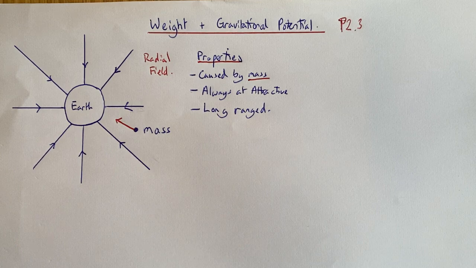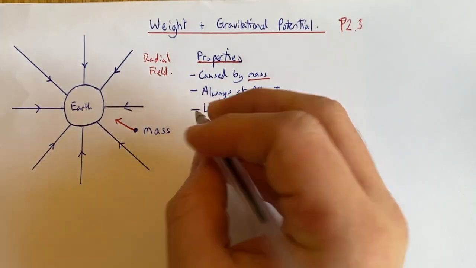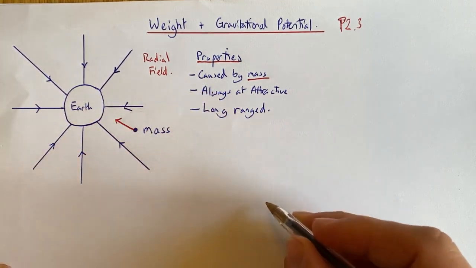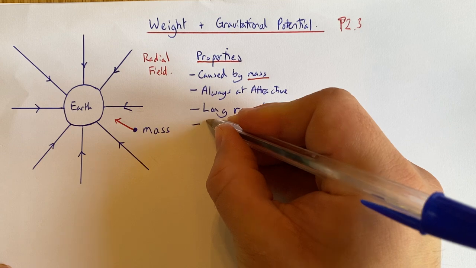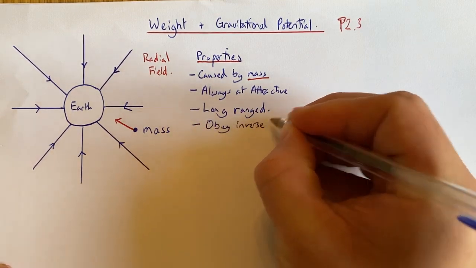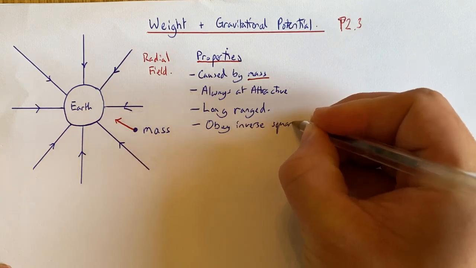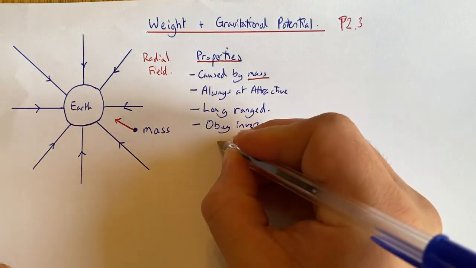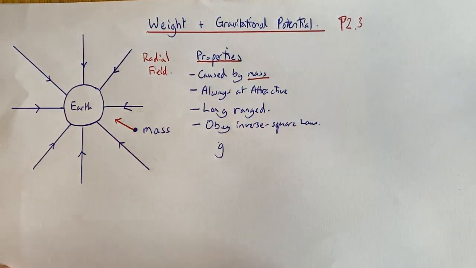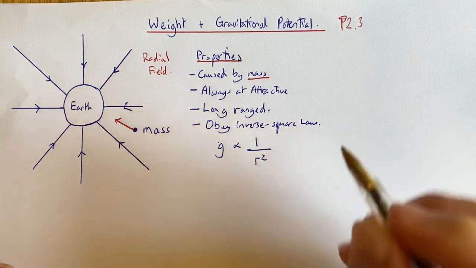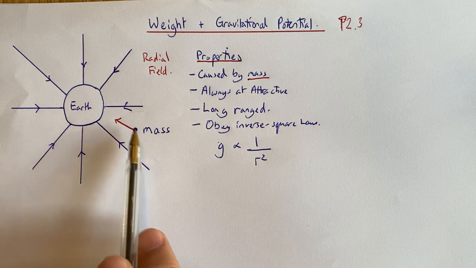Gravitational fields are very long-range forces. And a slightly more detailed point again is you can actually mathematically work out how they decrease as they move away from each other, and they obey what is called the inverse square law. And what that means is that if I travel away from the mass, double the distance, so if I move twice as far away,